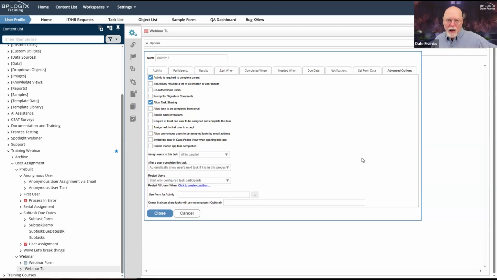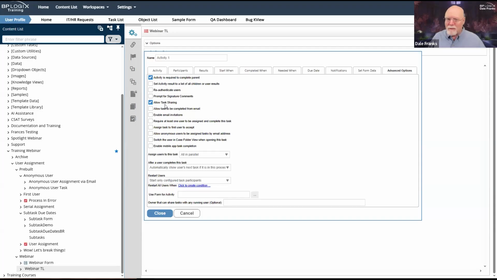And there's a special knowledge view that you have to build up, the shared delegation knowledge view, so that Barb or Diana, they can open it up and they can see all of the tasks that I have shared with them, and they can open those tasks and complete them as if they were me. But the only way that it works is if I click on Allow Task Sharing. So task sharing has to be configured individually at the activity level, or none of the other stuff works.